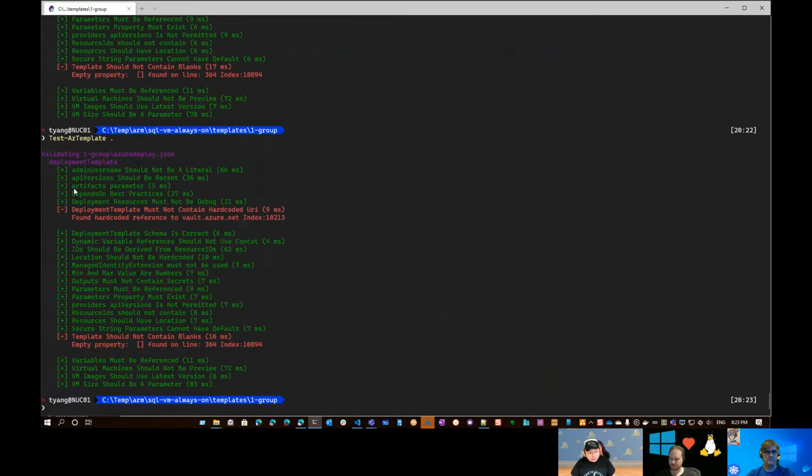See, for example, your template must have parameters, depends on best practices, and the minimum and maximum value for numbers, etc. So it goes through all these tests that have been pre-configured in the module. Sometimes people have reported there might be some false positives. If that's the case, you can definitely